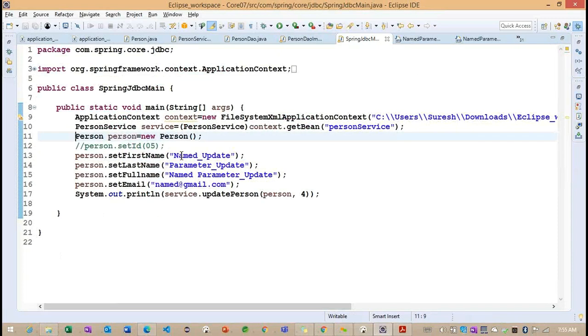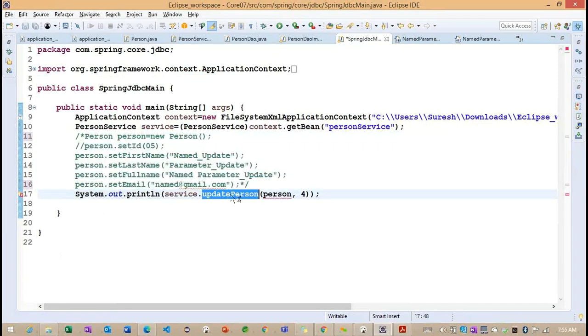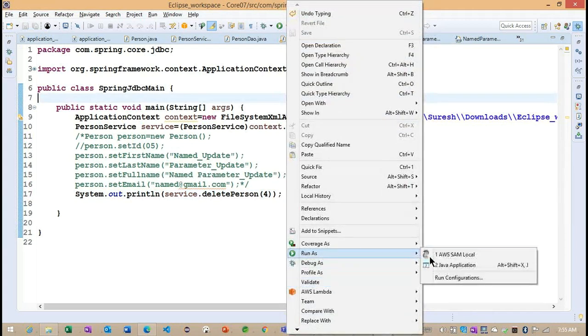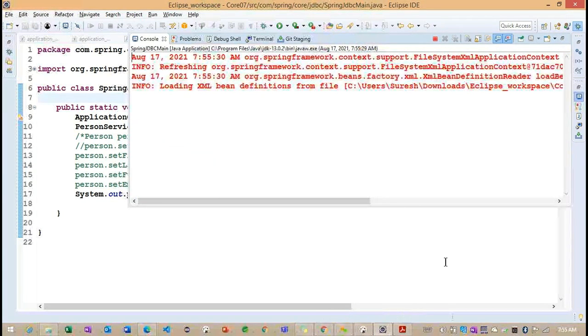Now I'm going to comment out this particular person method, delete person. I'm specifying ID 4 here. Okay, now let me run the same query here to delete the record from the database. Now you can see the record is deleted here.